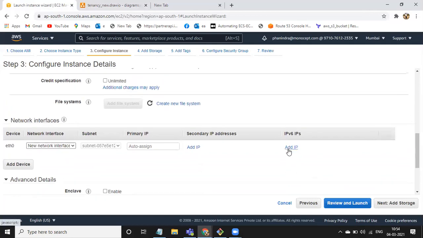Yeah, in shared tenancy, if AWS backend hardware gets any issue, then your server will stop working. Then you need to stop your server and start it again. Then your server will start working. It will go and assemble on new hardware. Exactly. It will be like that only. It will come under shared tenancy.